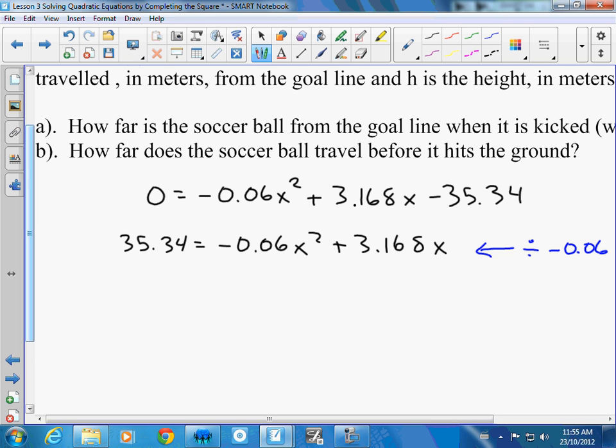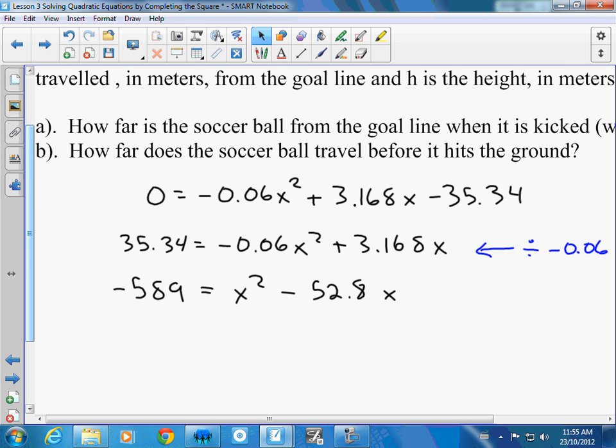What's the first one? Negative 589. X squared. 52.8x. Oh, actually, that kind of worked out nice, didn't it? It did. All right. So did we get x squared alone by itself, right? Is that what we did? Okay. Now,